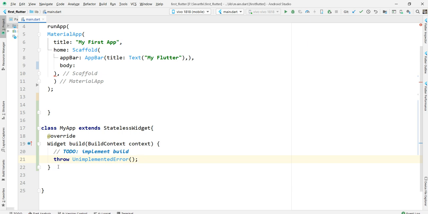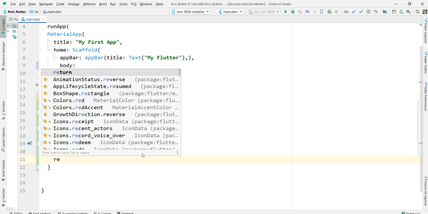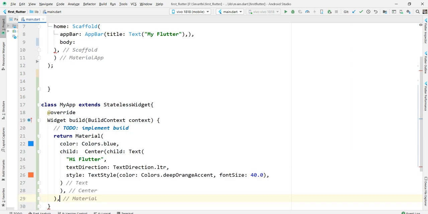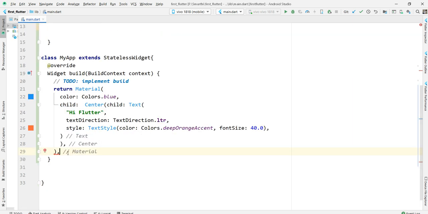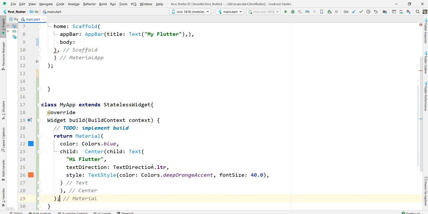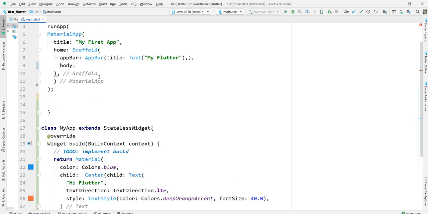Then I'm removing these rows here and writing return. In this return I pasted that. Then, at the end of the statement, you maintain a semicolon. So this is what we have now.